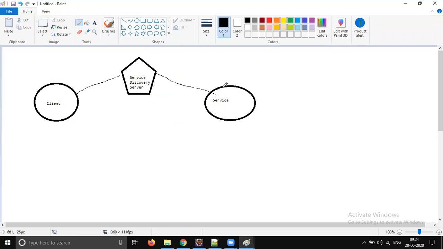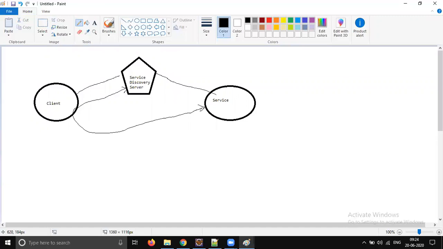You do some configuration here, and each will register automatically. Going forward, if you would like to communicate with the service, you don't communicate directly. You get the address of the service from service discovery, and you make a call.